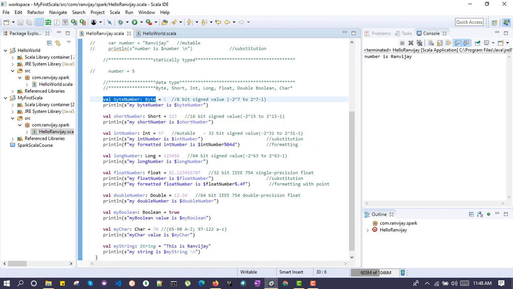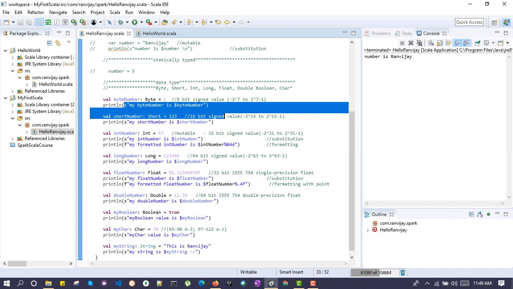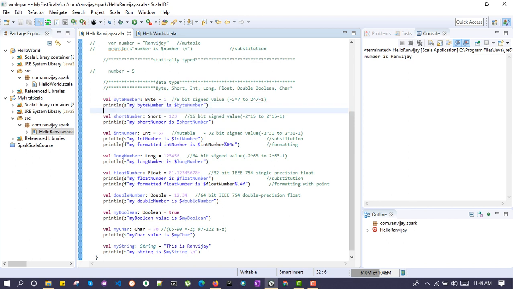We are considering byte right now, and then we are assigning value 1 to this one, and we are printing the same byte number in this line. My byte number is, we are using the substitution way of displaying a statement. So s is prefixing the quotation, and we are giving dollar byte number.